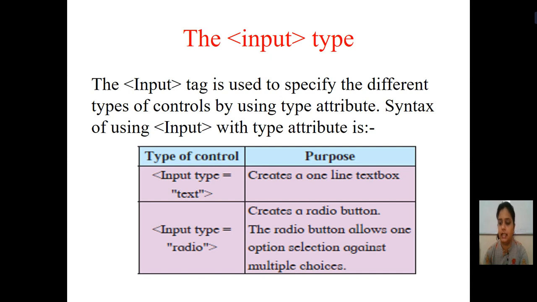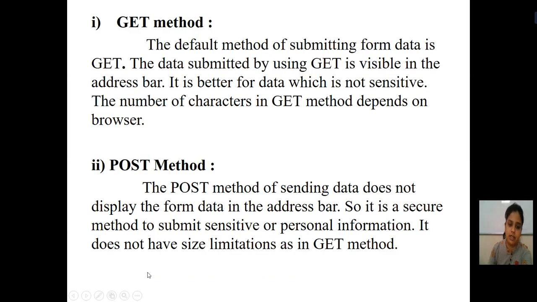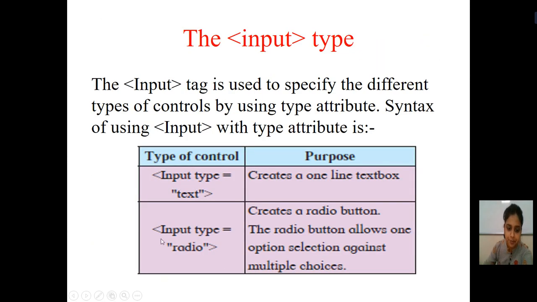Mostly a single line is created when you are entering a name, city name or state. At that time you use the single line text box. Therefore you will use the syntax input type is equal to text.